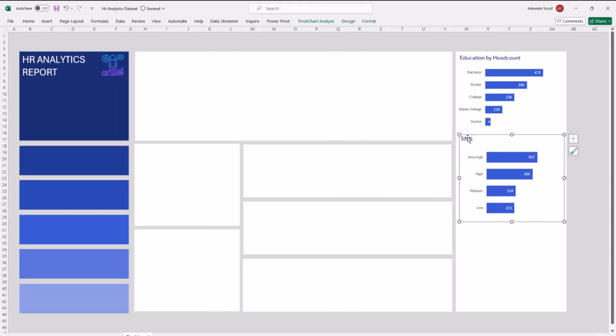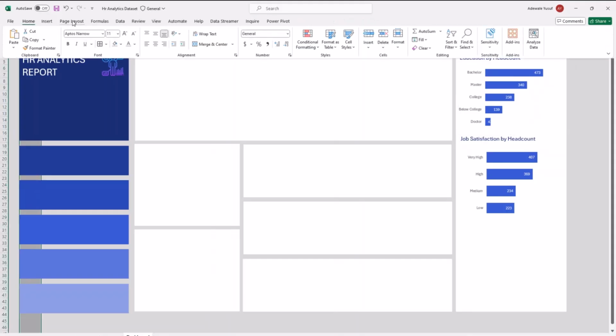So let's give this a name as well. I'm going to call it job satisfaction by head count. I think I should reduce the size of this heading. Maybe the size is too much.